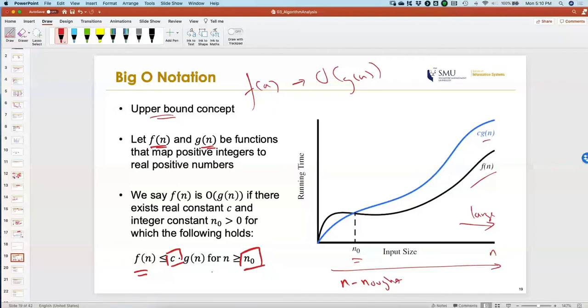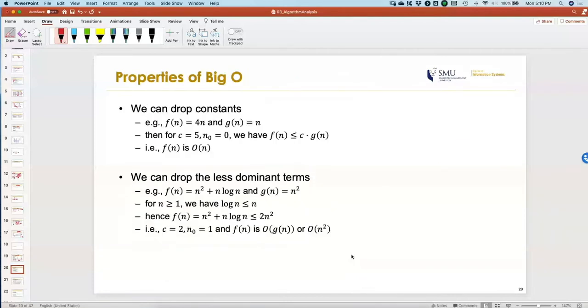Okay, let's take a look at a few examples. Because of this big O, it turns out that we can do certain simplifications. We can drop constants. Now let's say we have an f(n) that is for n,